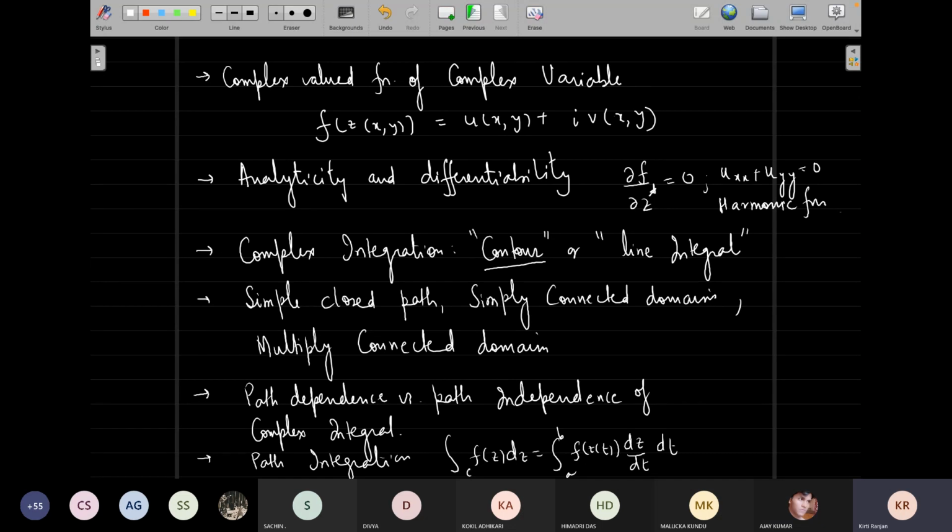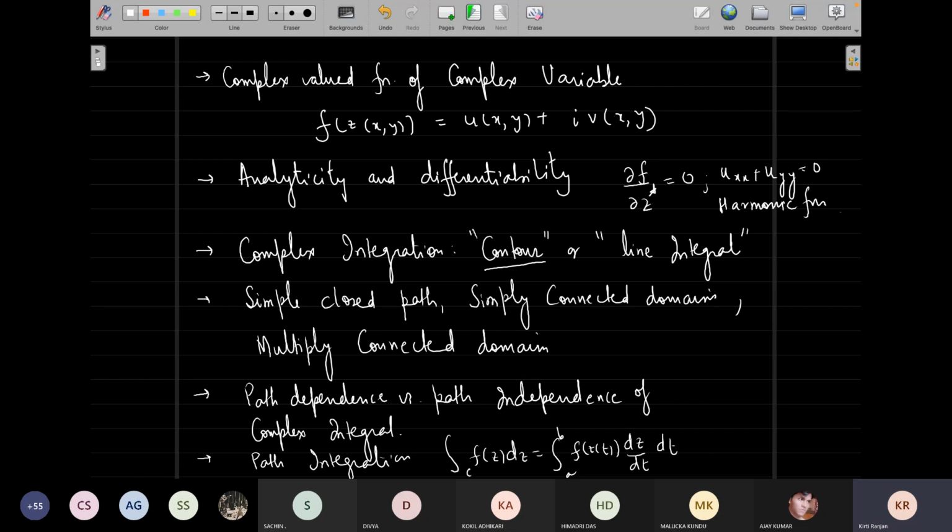We are discussing calculus of complex valued functions of a complex variable, which in some sense can be written as two real functions of two real variables. We quickly started discussing analyticity, the analytic functions, and differentiability. Remember that in a domain there is no difference between the two, but differentiability can be defined for a single point, whereas analyticity can only be defined for a region, howsoever small, around that particular point.